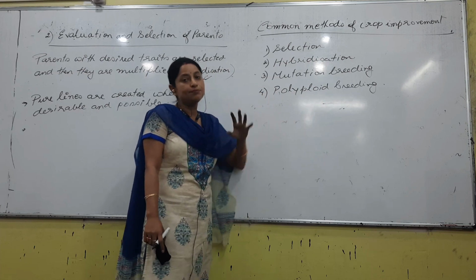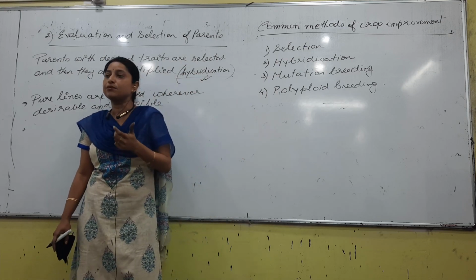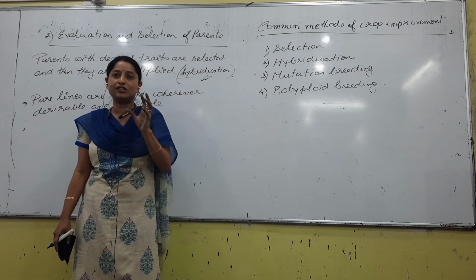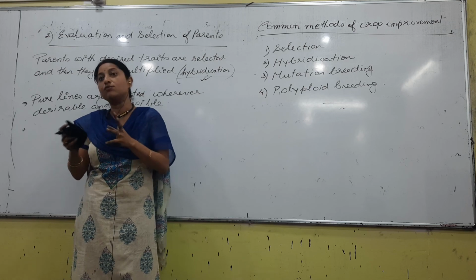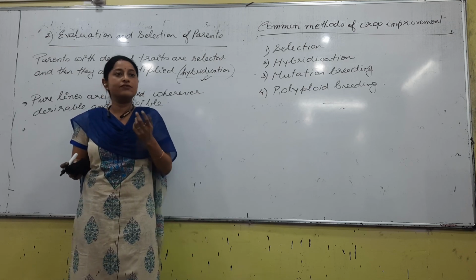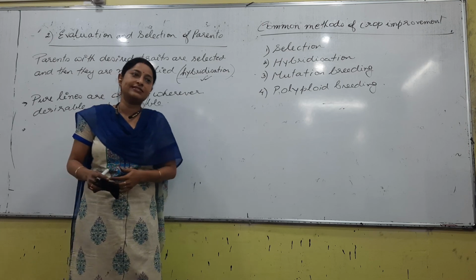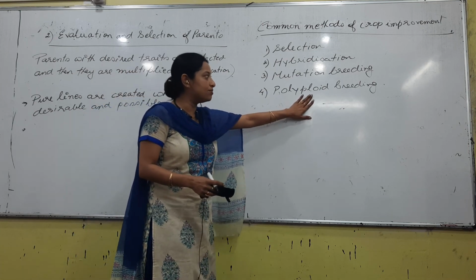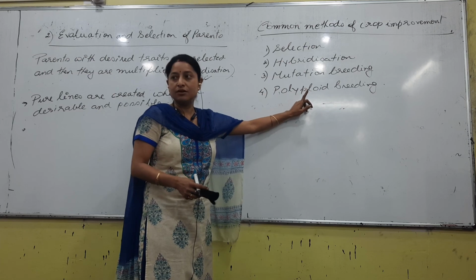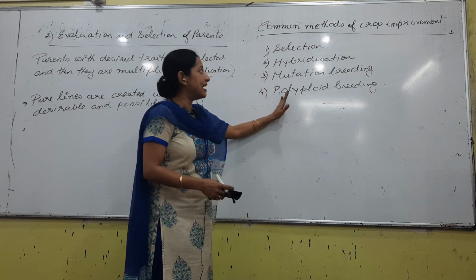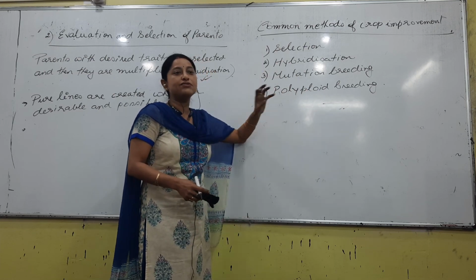Sometimes what happens is for economic importance, we go for polyploid breeding also, we increase the sets of chromosomes. Suppose if a plant has 2 sets of chromosomes, maybe the size of an apple is this much. You want to change the size of an apple, you want to make it big. So, that we ki koribo libo, obviously gene change koribo libo, so we can change the gene, we can increase the chromosome, etc., etc. So, talking about increasing the chromosome, a word that is called as polyploid. So, by these, ami ki korim, ultimately we will produce the recombinant.